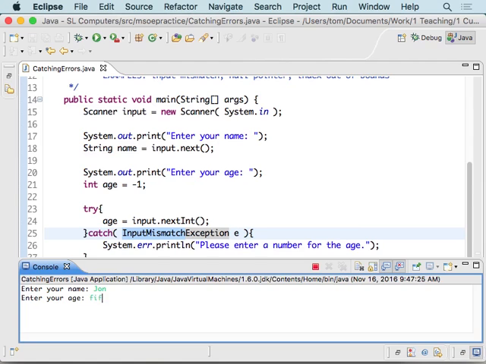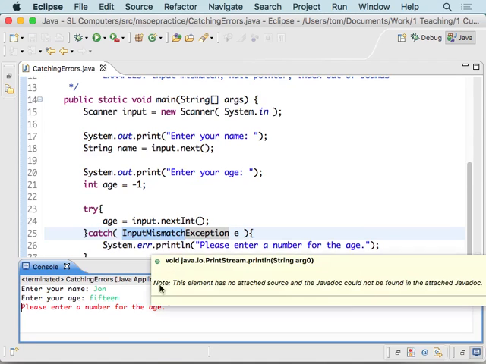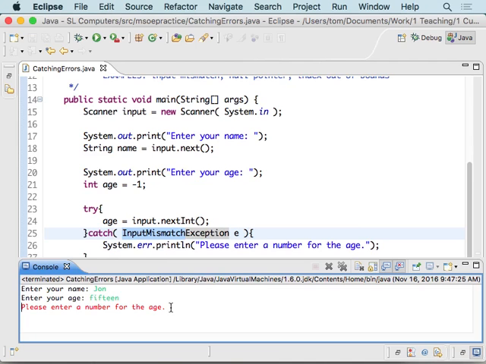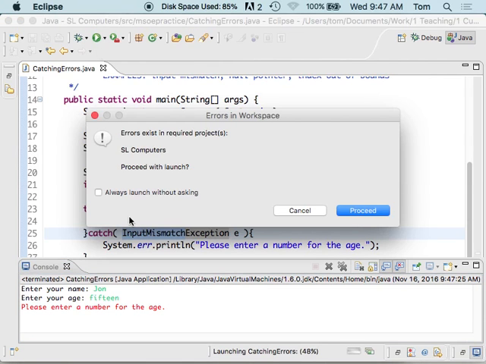John is, I think we said 15. Okay, and so there's your error print line. You guys notice how I did system.err.println? So it makes it red. Please enter a number for the age. Okay, if I run it again,